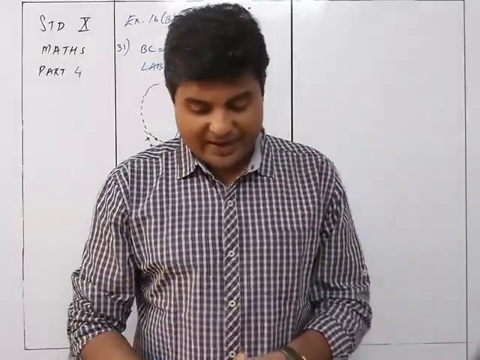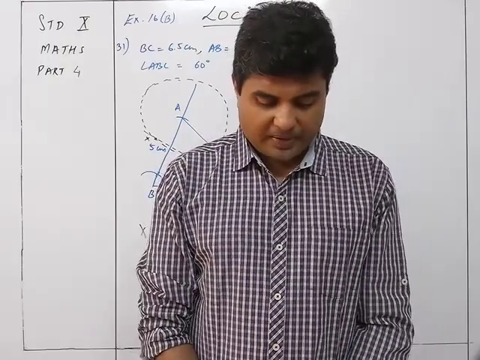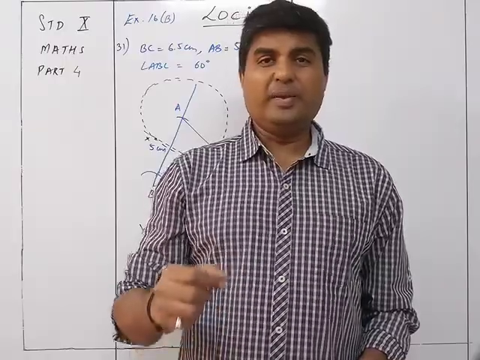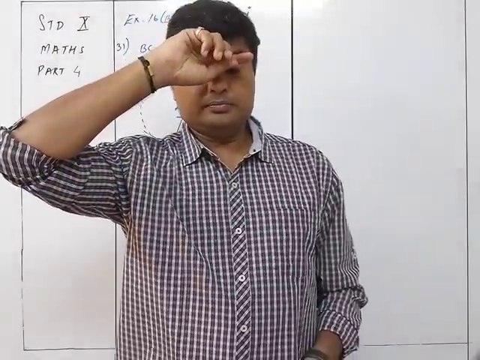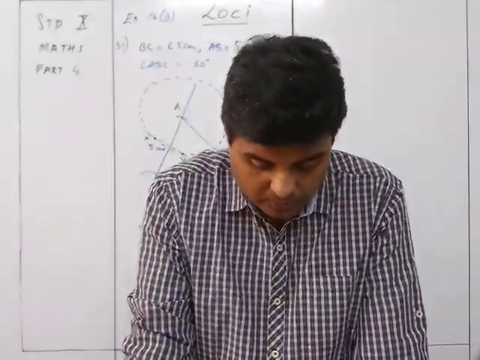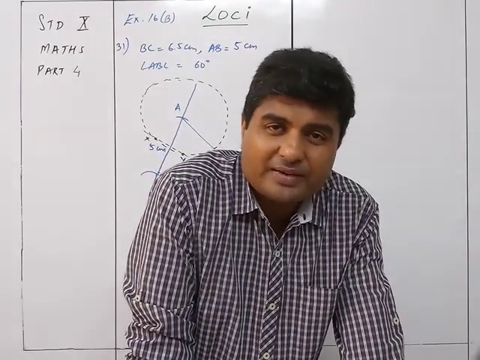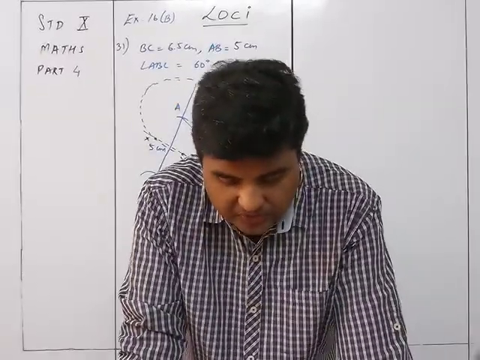Fifth, in case of an isosceles triangle, if AD is the median, then it is also the bisector of angle A, the perpendicular bisector, and the altitude. So in an isosceles triangle, the median from the vertex, AD, will be equal to the angle bisector of A, also the perpendicular bisector of BC, and also the altitude to BC.